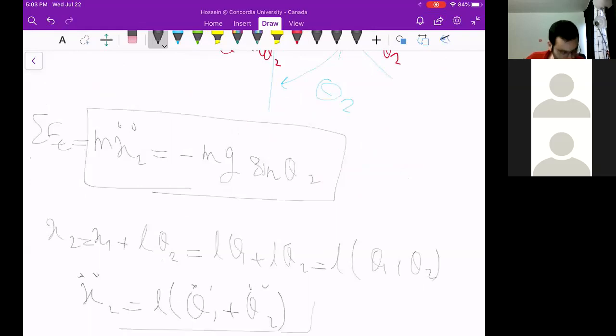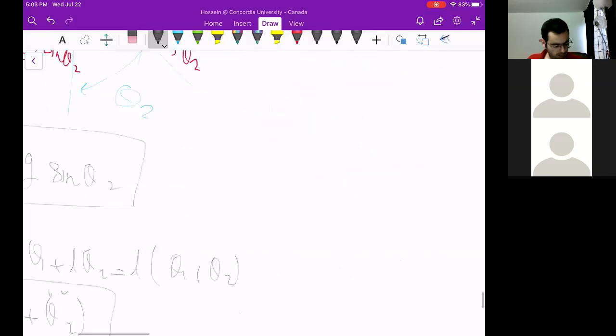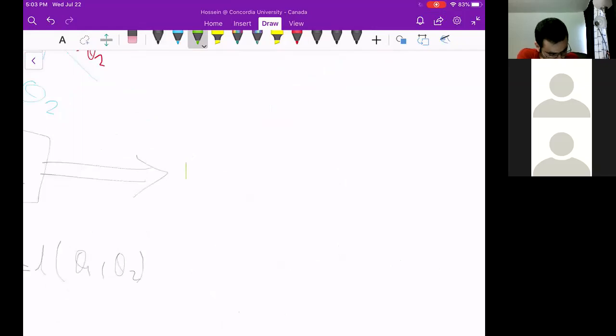So the acceleration is obtained, and you plug it in here, and the first equation of motion will be obtained for the mass 2. If you substitute, the first equation of motion would be simply m L times theta double dot 1 plus theta double dot 2, plus